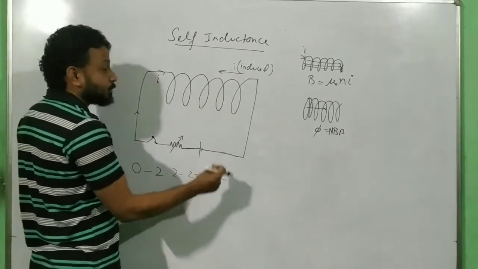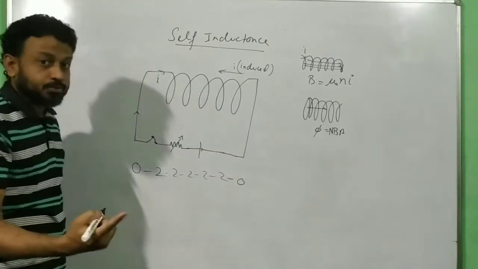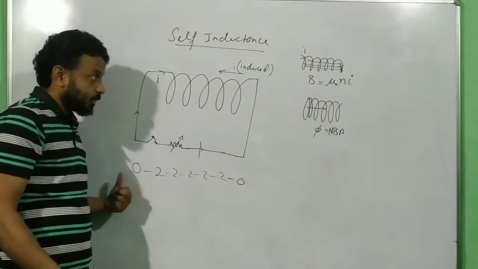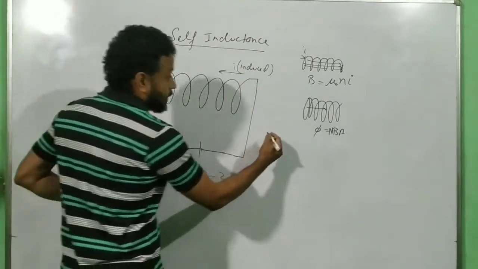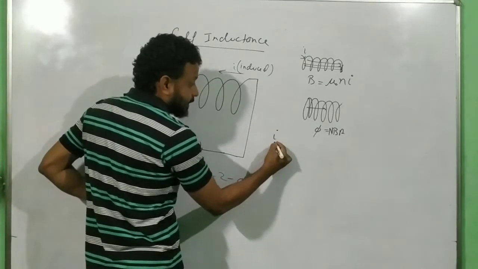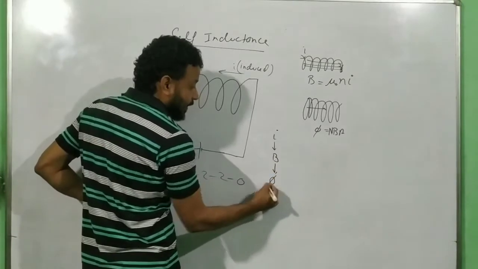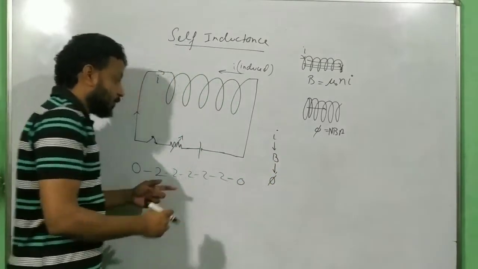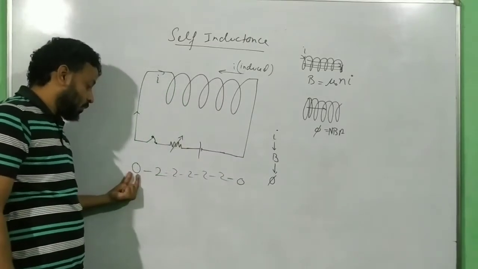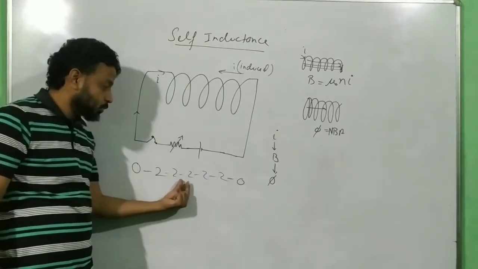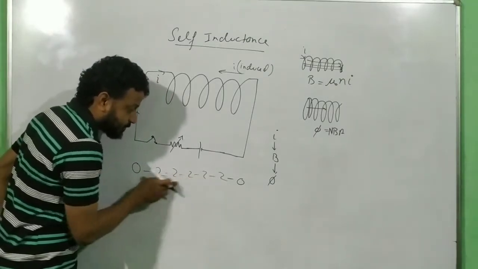And now you are going to switch it off. So the moment you switch it off, the flux again becomes from 2 to 0. What is flux? This is how the flux is developed. You switch it on, it creates a current. Then the current creates a magnetic field. Then that magnetic field creates a flux. Correct? So this is what happens when you switch it on, from 0 to 2, then 2. So there is no induced EMF here because there is no change in flux.